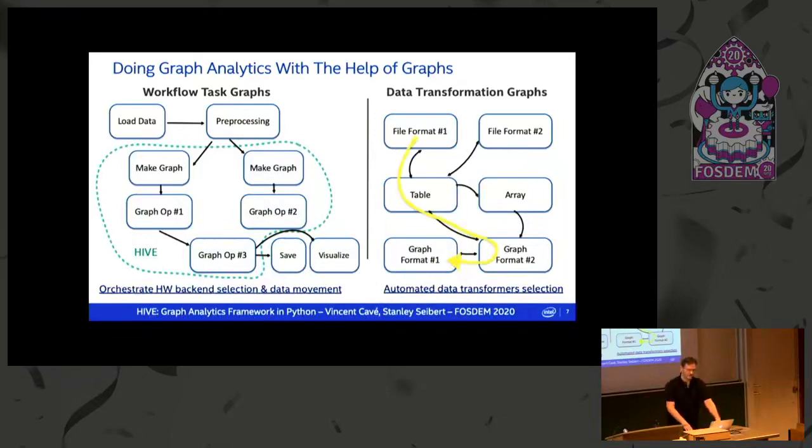Another cool thing here is the data transformation. Just by transitivity, you might actually support some stuff that you haven't provisioned for. So here, for instance, I start in a file format. I know how to make it a table. I know how to make it a second graph format, and then a last one. So it would probably run horribly, but what I found pretty cool about this is that now you can think about